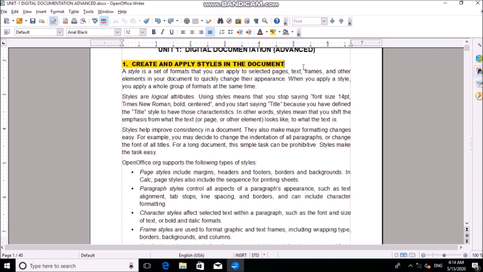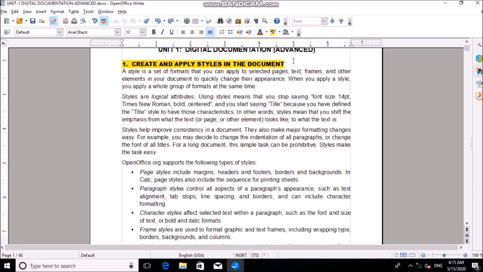So it becomes easier if you apply styles on your document, and it becomes more presentable and appealing for other people who will be looking at the document, and they can understand it better by those styles. I'll be navigating you one by one with these styles which have been provided to us.